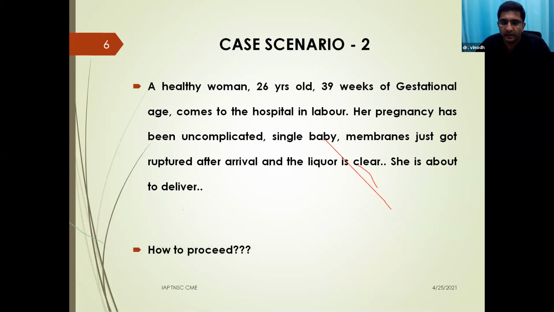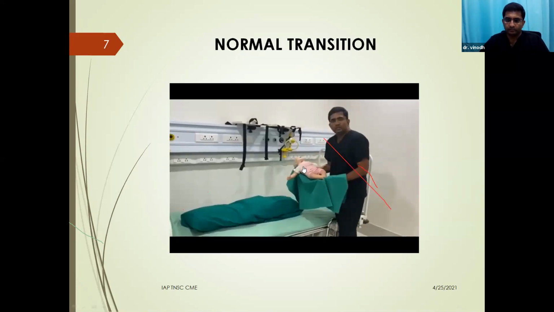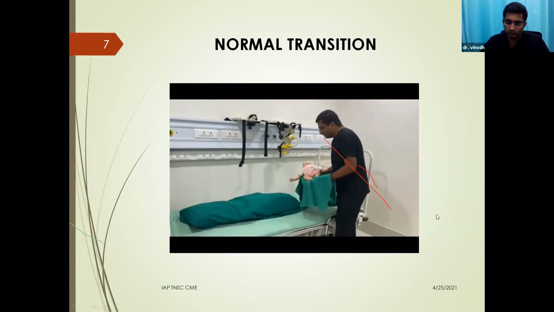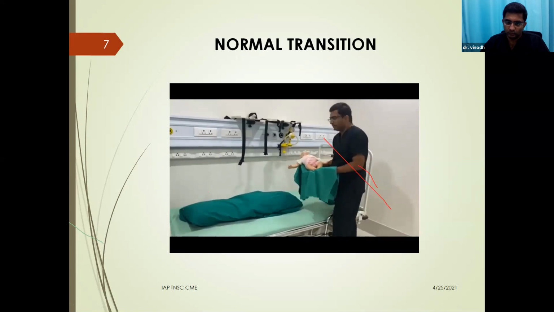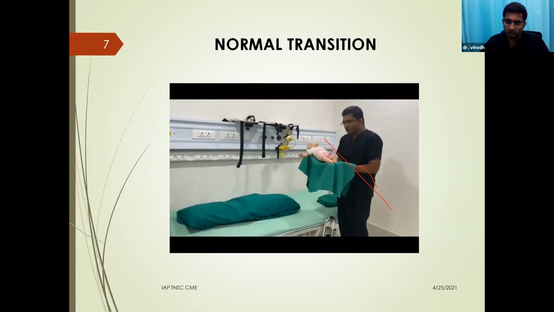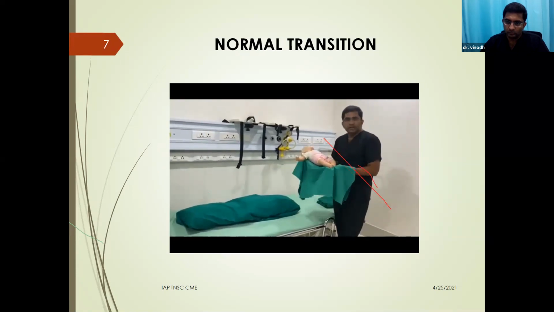So how to proceed with that? Assuming this baby is delivered now by normal vaginal delivery without complications, how are we supposed to proceed? Now we are going to see how we are going to manage a baby that has been born normally. So in this normal delivery, the first thing we need to ask should be whether the baby is having proper respiratory effort, and also whether the baby is crying well and the tone is normal.